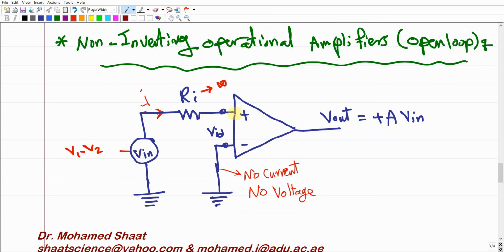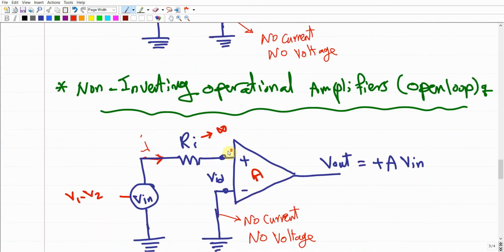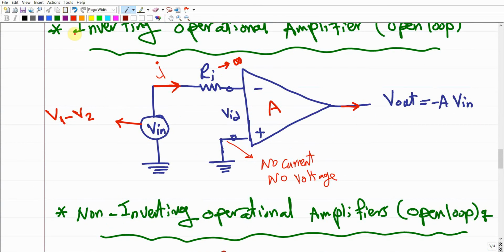But this terminal is the positive terminal, so the output signal will be positive with the same shape but with different amplitude depending on the gain of the amplifier. Make sense? So this is the basic idea of these two different configurations in the open loop. Something you should understand here: how about if I decided to write the loop closure equation for this loop? Within this loop, we can draw a representative electrical circuit